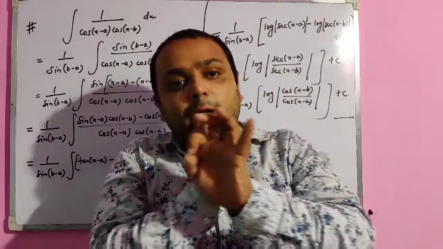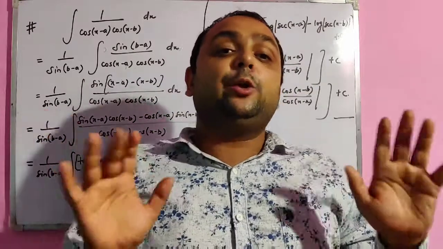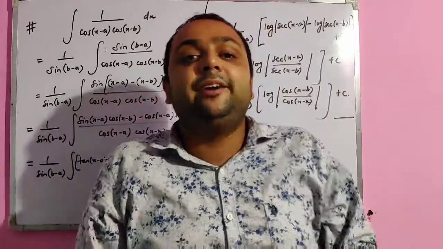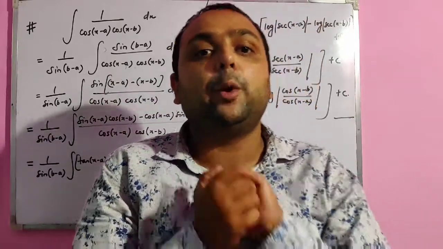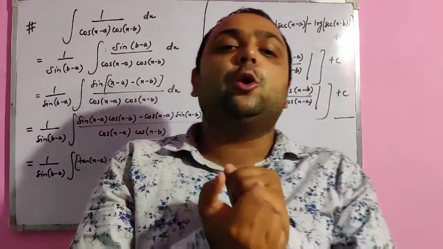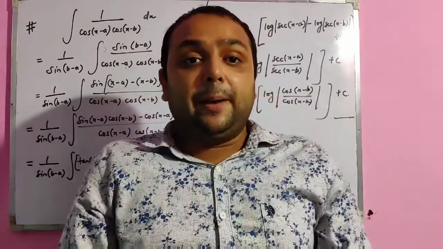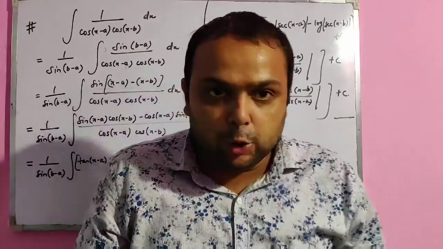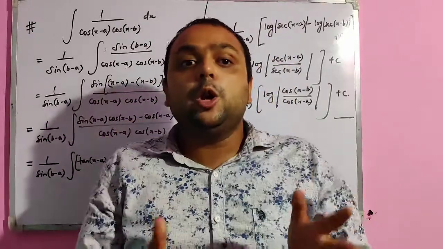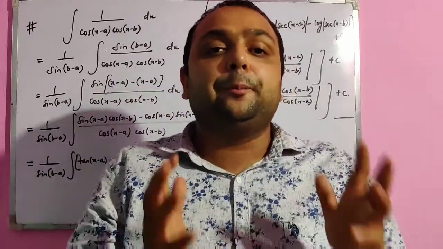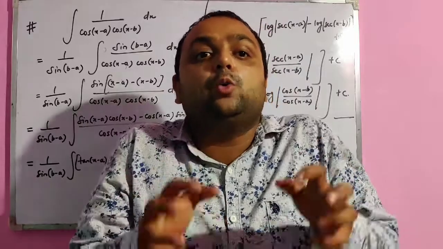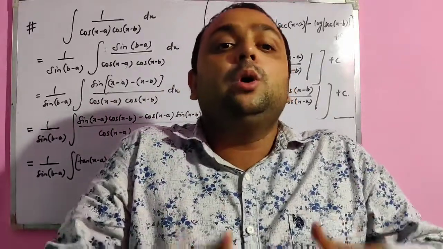Try to first write down all the identities and try to learn those identities first, and then try to solve the problems of exercise 7.3. If you find any doubts in any of the questions, please mention them in the comment box. I will reply to that, and you can also call me. So up to now, just complete up to 7.3 and try to learn the identity formulas related to trigonometric functions.